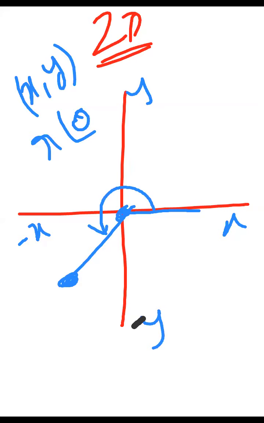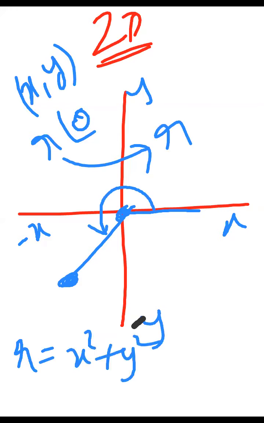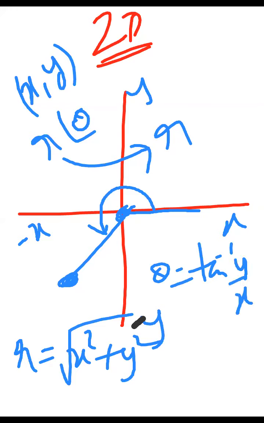Then again, what is the range of r? Anybody? What I'm telling is, instead of x comma y, I can use r comma theta. Anyway, there is a relation between r and x, y. At any case, using the Pythagoras theorem, r is equal to the square root of x square plus y square. Theta is equal to tan inverse of y by x, but you have to be a little bit careful about which quadrant you are in. Depending on that, you will get some extra 90 degrees or 180 degrees. Generally theta is equal to tan inverse y by x, but you will get some extra angle here. Once a problem comes, I will discuss that.